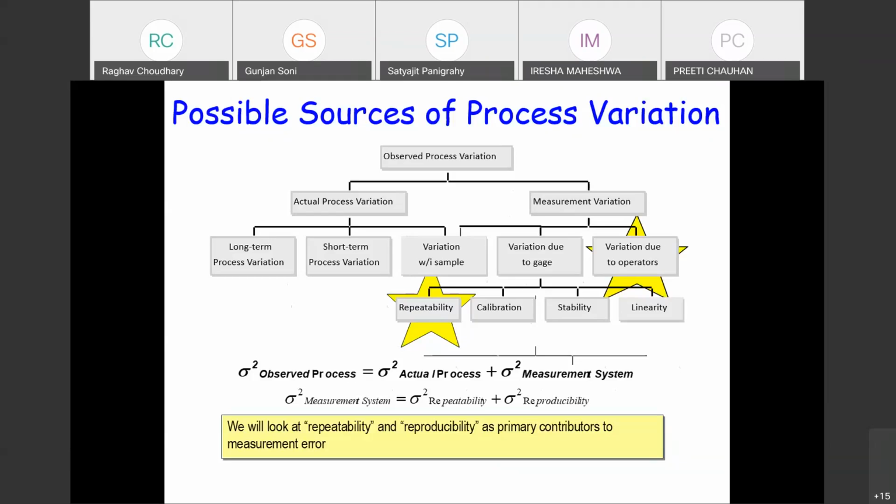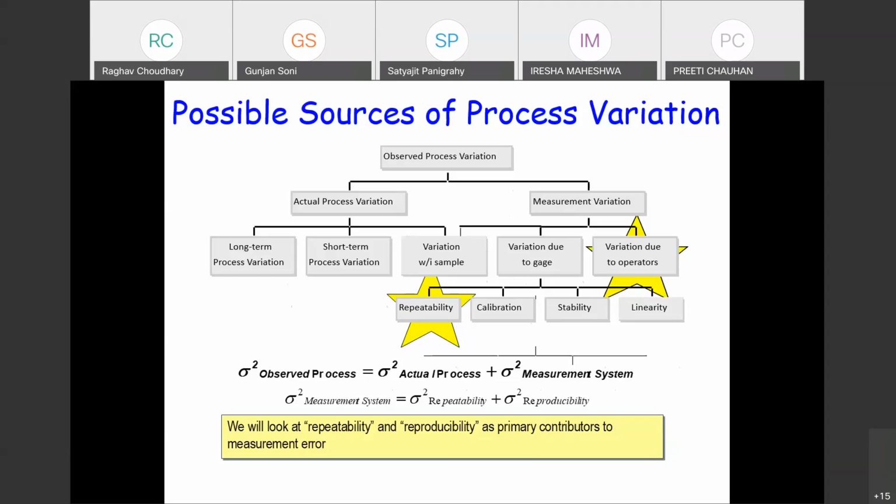You can take care of stability by regular maintenance. You can take care of calibration again by regular maintenance and making sure it is calibrated properly periodically. But then there is the error, that is repeatability, which is again a nature of the gauge. It's like 10 different parts together, variation in one part, variation in another part, variation in the third part, and the 10th part. Together, they form a composite error, which is a